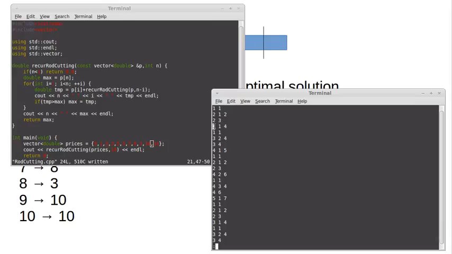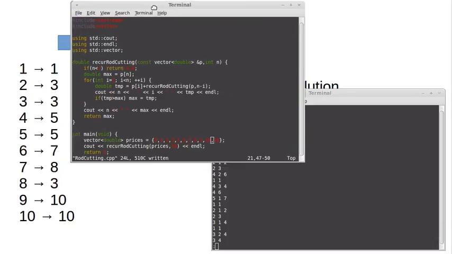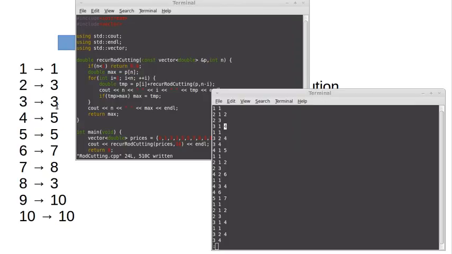That is correct. A 3 and a 1 wound up giving us back 4, which is correct if you look on our table here. A 3 and a 1 would be 4. A 3 and a 2 is also 4, because one way is a 2 and a 1, the other is a 1 and a 2. So they're both going to be the same, and the max is 4 there. 4 and a 1, it says, is 5, and that is